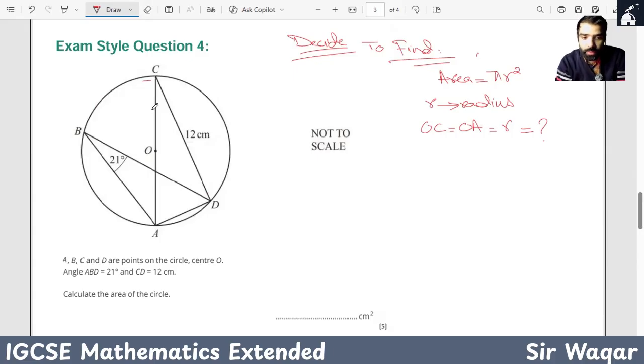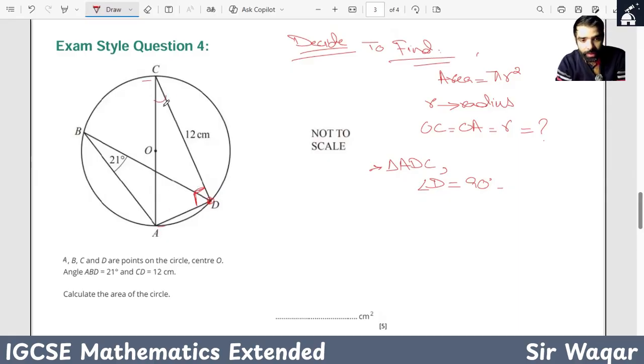We can see that AC is a diameter line. So the angle that AC subtends anywhere on the circle would be the angle in a semicircle. So in the triangle ADC, the angle at D will be equal to 90 degrees. It's a semicircle's angle. And if we know this is 90 degrees, we can find some other angle, maybe angle